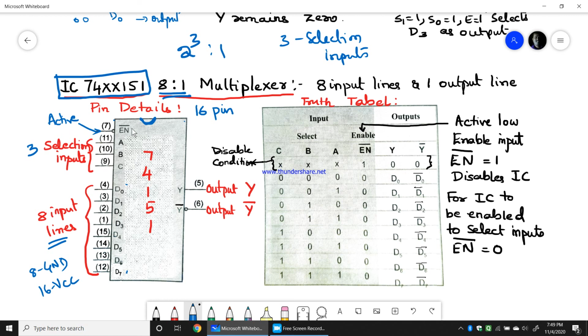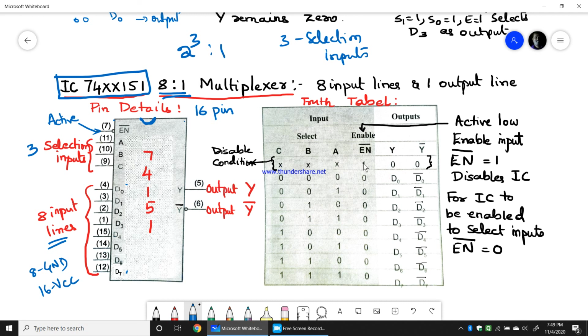So if you give 1 for this enable, irrespective of the value of the selection inputs, output remains 0. For this enable to get activated, you should give 0 for this. Then only these particular selection inputs will be selected, and based on that the input will be selected as the output. Okay, so keep this in mind.